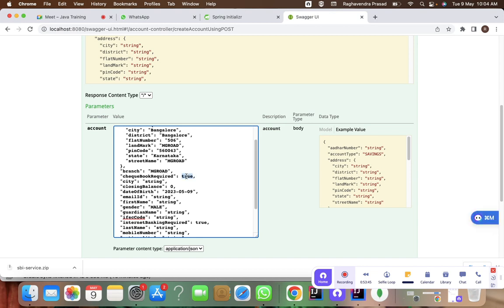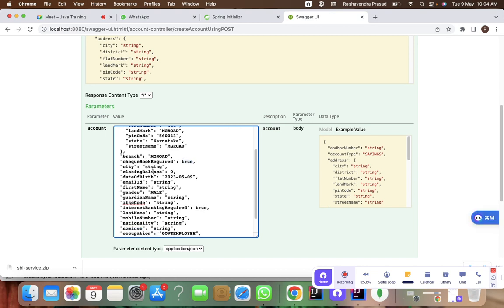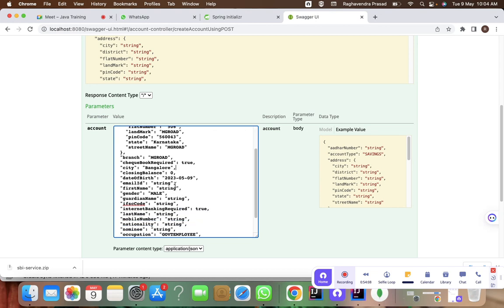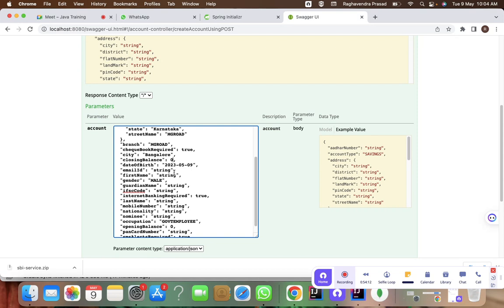If required, yes, true. City. So here we don't need the city actually. Or probably this should be the customer city, not the customer city, probably the branch that it is located at. This address belongs to the account holder, but this city belongs to where the branch is located. Let's understand it that way. So closing balance for now I'll put